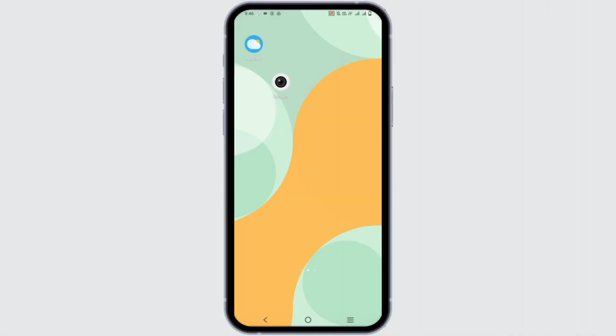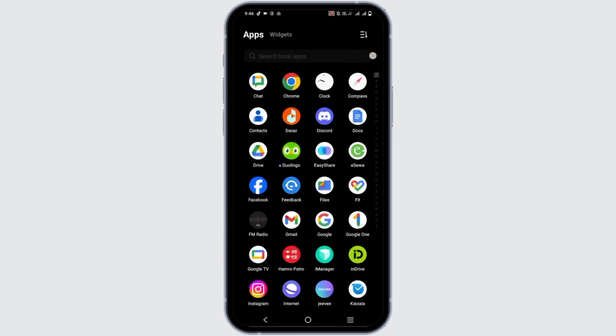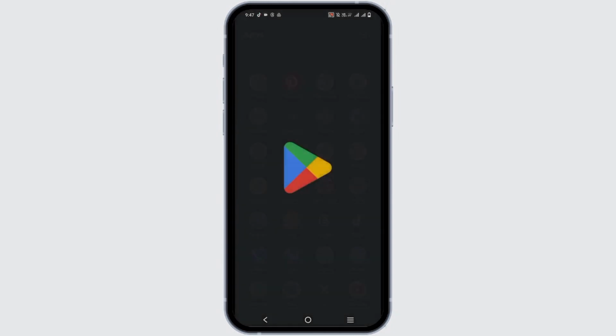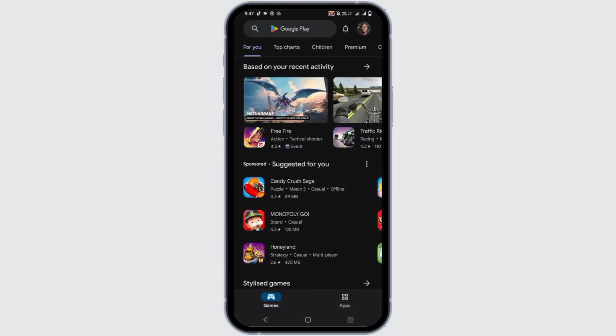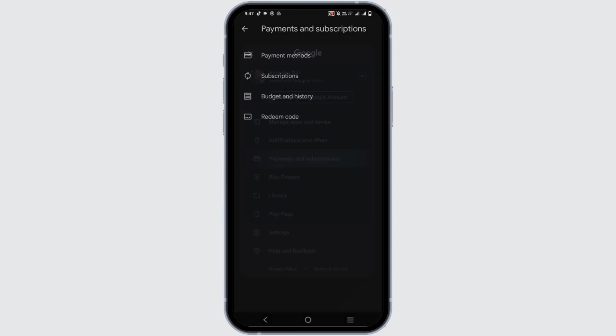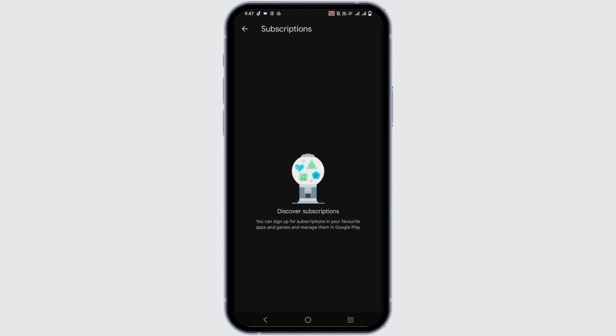If you want to cancel your subscription, you have to open Apple ID in iPhone and Play Store if you're using the Android. Under this option, you have to click on your profile and under that, tap on payments and subscriptions. Under subscription, you can find all of your lists such as cancelled subscriptions, history of the subscriptions, and ongoing subscriptions. From the active subscriptions, choose MGM Plus subscription, and on the bottom, you will see the option to